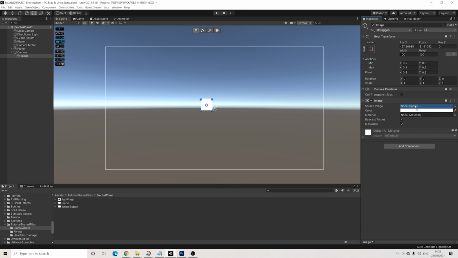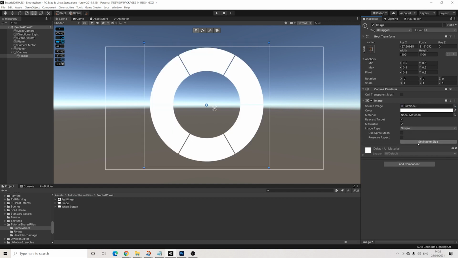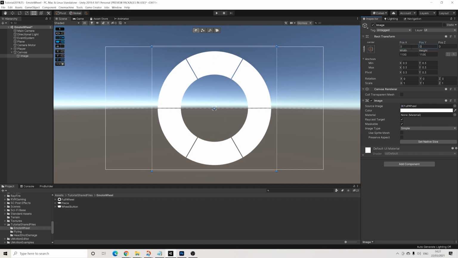Now the full wheel is going to be used for two, so set native size. We're going to use this for two reasons. One, to make sure we have everything perfectly aligned. And the second being that we'll be using this image as a shadow as well. As you'll see, it's actually hard to do a shadow with all of those separate images. So then next up,